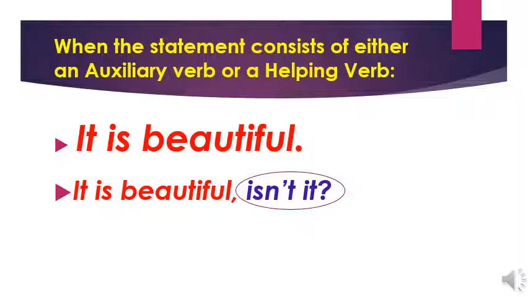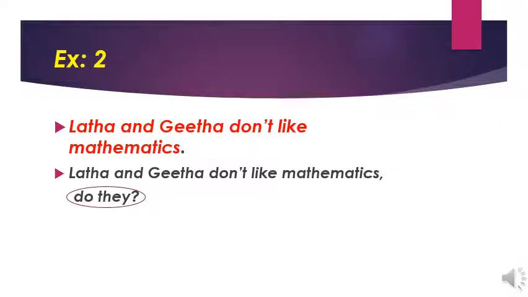See, this is when we are talking about the auxiliary or helping verb given in a sentence. Let me tell you the next example. "Lata and Geeta don't like maths." Now, in this we have two people, which we can consider the plural form. "Do" is the helping verb. Just keep a comma after the statement, and according to the rule we are going to pull it over here: do. We have it in the form of a negative statement. So, we are going to take the tag only positive.